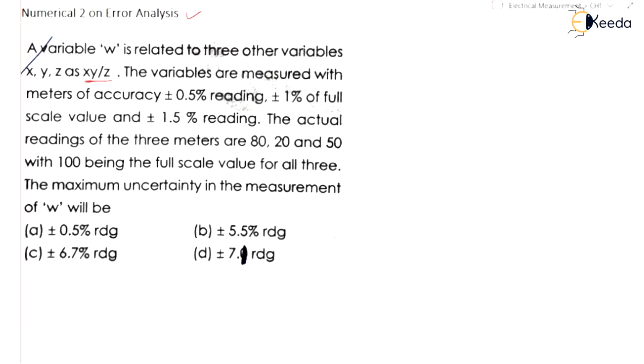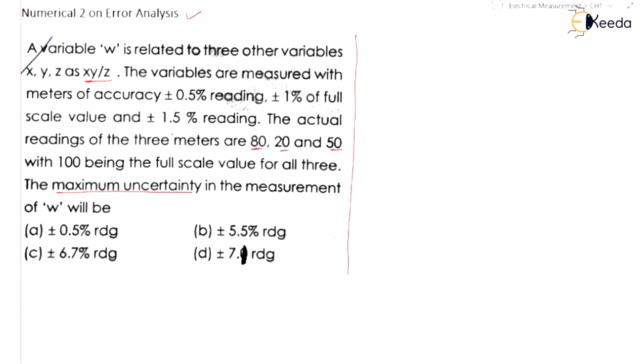The actual readings of the 3 meters are 80, 20 and 50. So the true values of the readings are given, with 100 being the full scale value for all three. The maximum uncertainty in the measurement of w, maximum uncertainty is nothing but maximum error. And they have given the 4 options. So now we need to